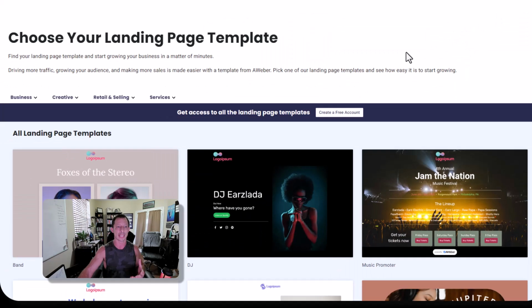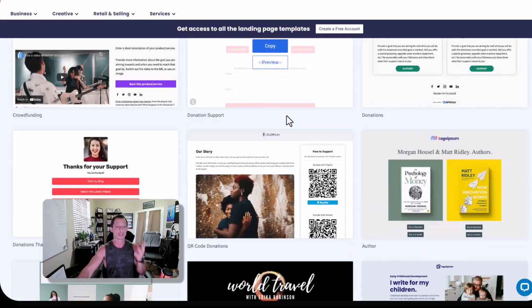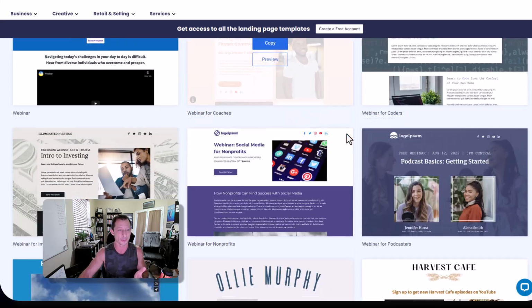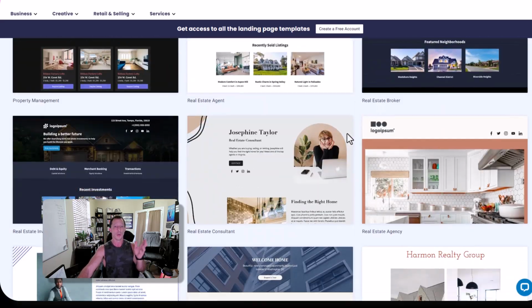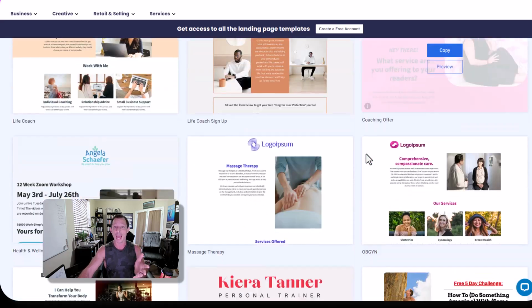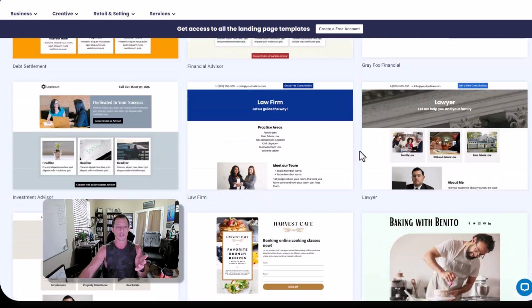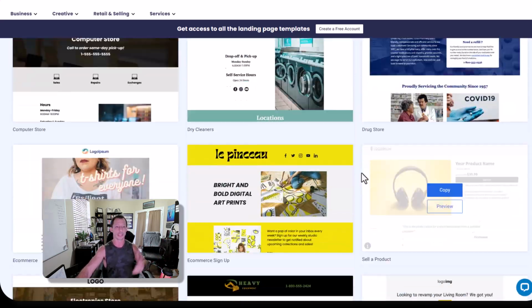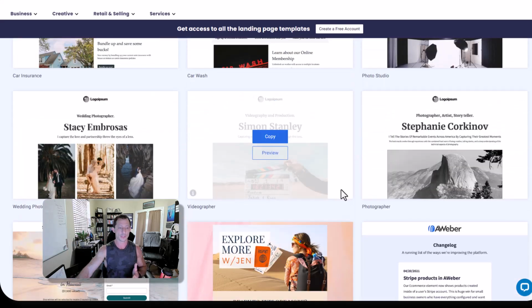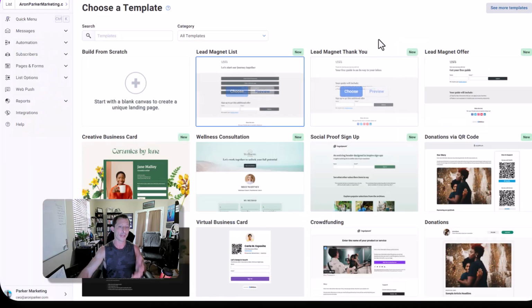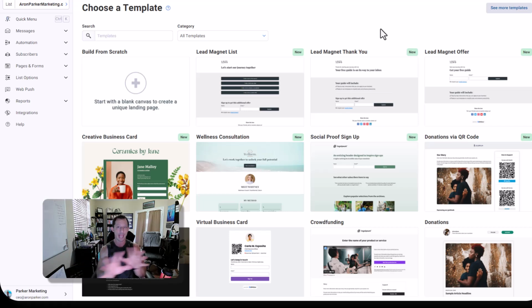When you click on this, it's actually going to take you to another page where you can create a free account and get access to all the different landing page templates. And this looks actually pretty cool. I've never gone through this before, but this is going to give you way more designs and way more options to choose from for what you want your landing page to look like. Wow, this is pretty powerful. So you can also go through this, but for now, I'm just going to stick with the Aweber templates that are here right on this choose a template